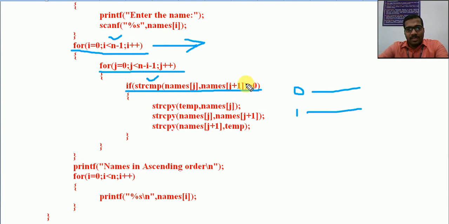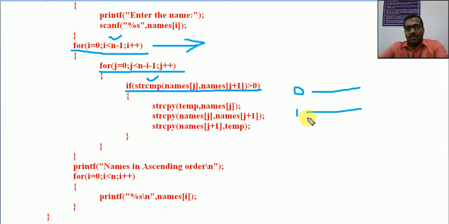So if it is greater than 0, that means if it is a positive value, then this is to be interchanged. That means this one is smaller and must come here; the larger must come to this side. Internally, it will order automatically.